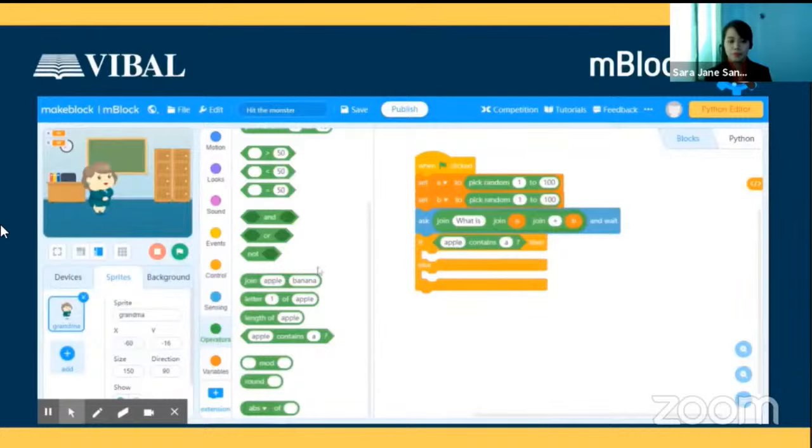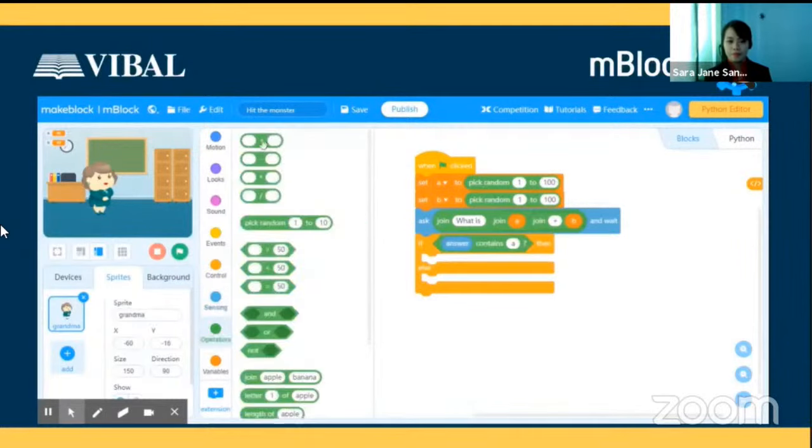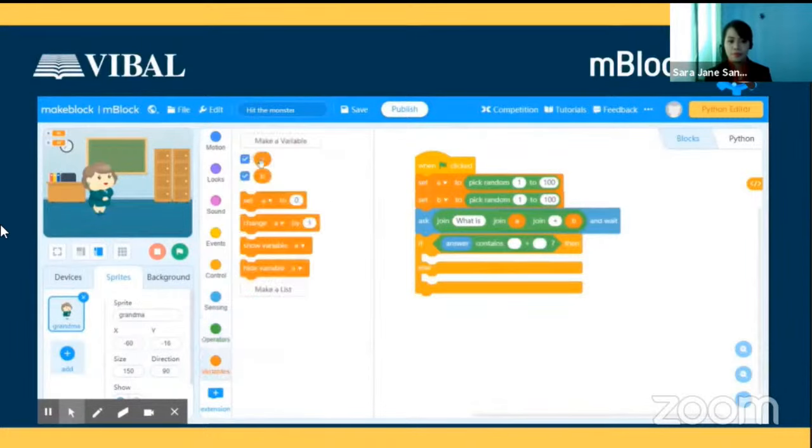So, instead of apple, if, yan, sensing. Dito tayo sa sensing. If the answer contains, okay, operators tayo. Okay, pasok natin yan, yung may plus. So, as you can see, pwede ito sa minus, multiplication, and division. Subtraction. Okay, so if the answer contains A, so yun, medyo makulit siya. Pasok natin dyan. A plus B.